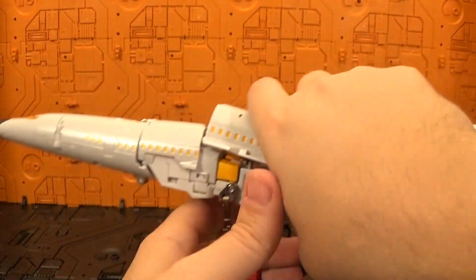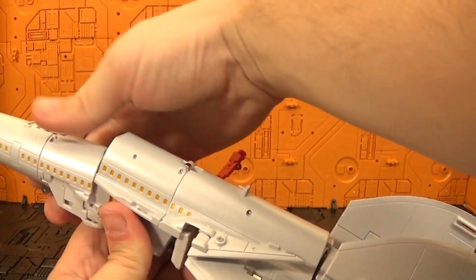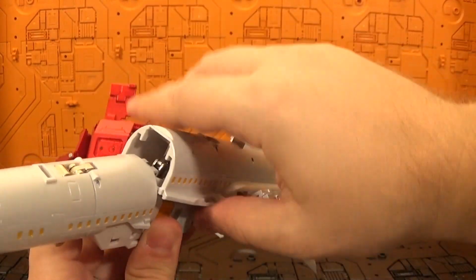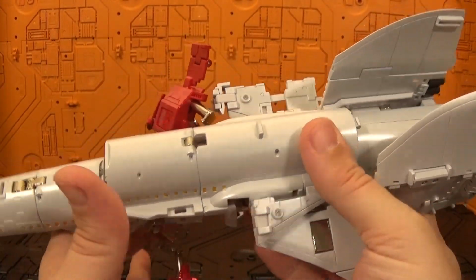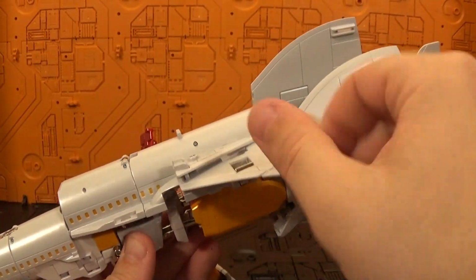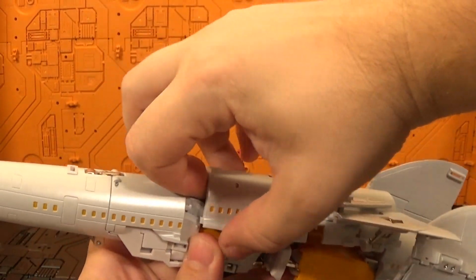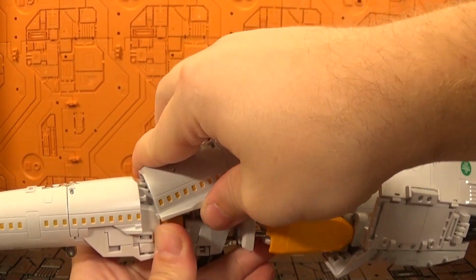Again, not easy to do on camera. But that is the life I choose. Come on. And then while I'm fighting with trying to get this hinge the right way so this can close,